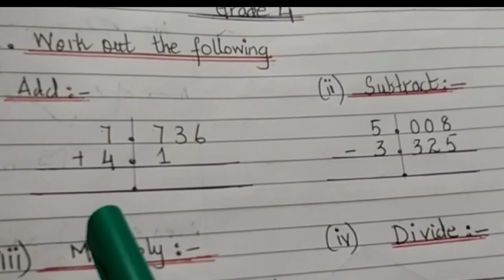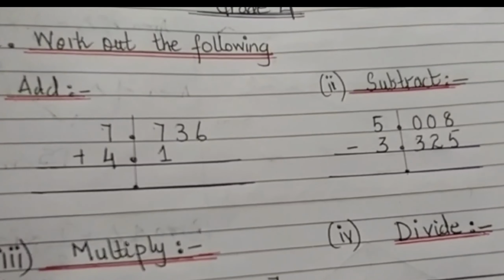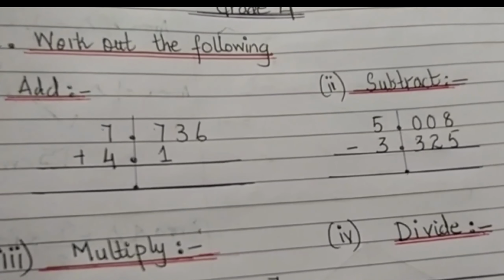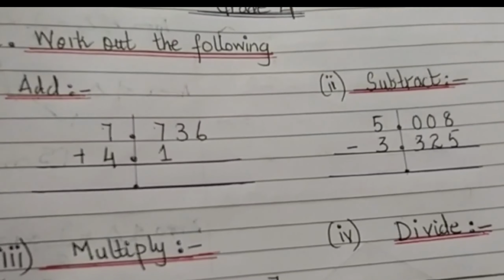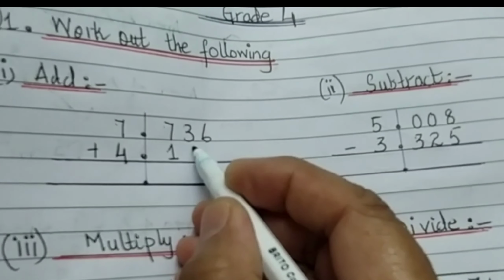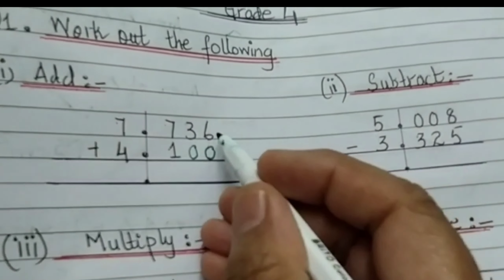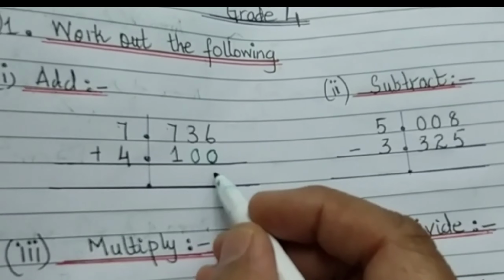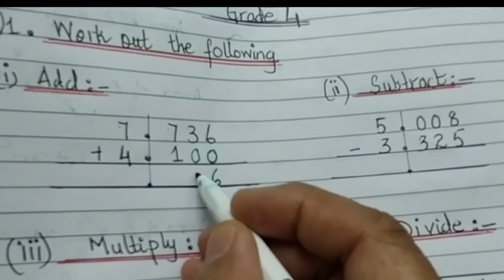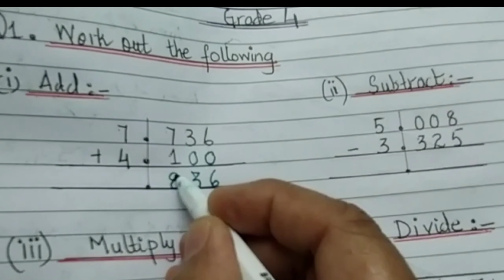I can just see the first question, which is asking us to add. Okay, this is the question, the first one, 7.736 plus 4.1. Now, if you do not have any figure here, what do we do first? We're going to add up two zeros here. Okay, so 6 plus 0 gives us 6, 3 plus 0 gives us 3, 7 plus 1 gives us 8,